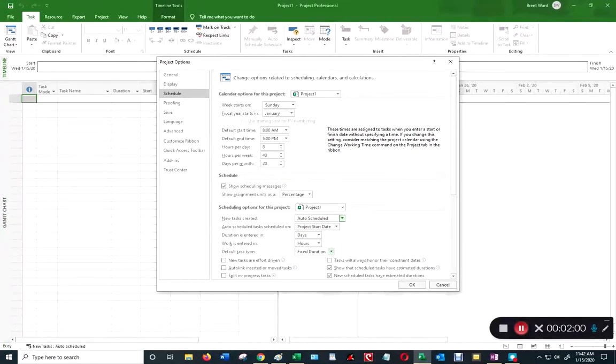The other thing, make sure that this is set to fixed duration. That means that when you type in how long a particular task is, it'll stay that length even if you add or subtract people, for example, and that's in concert with this box being unchecked. You don't want this checked like that, you want it unchecked. So if this is set as new tasks or effort driven is not checked, and this is fixed duration, that